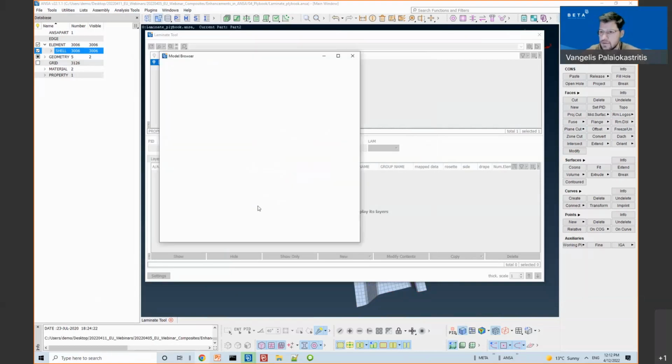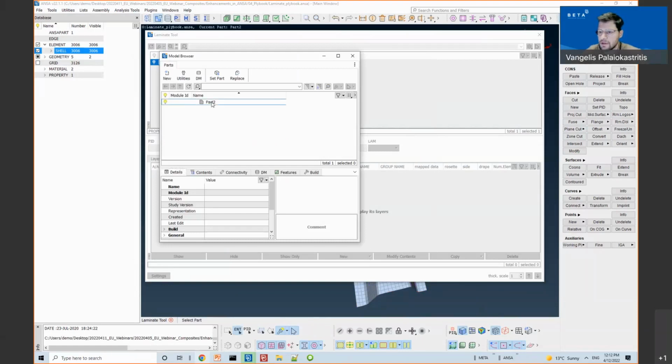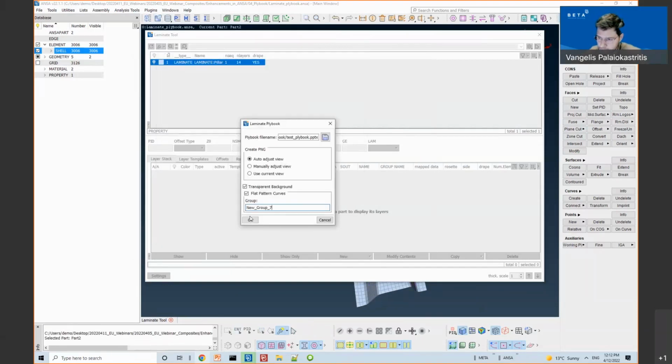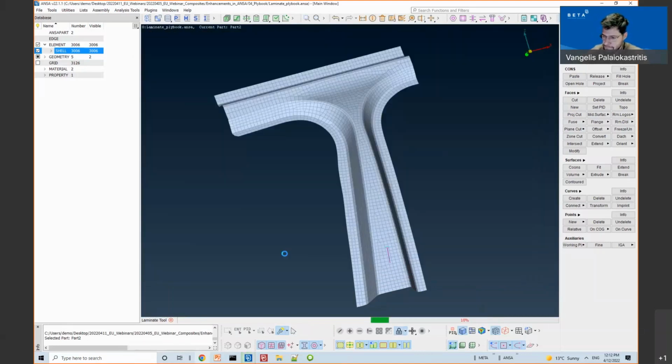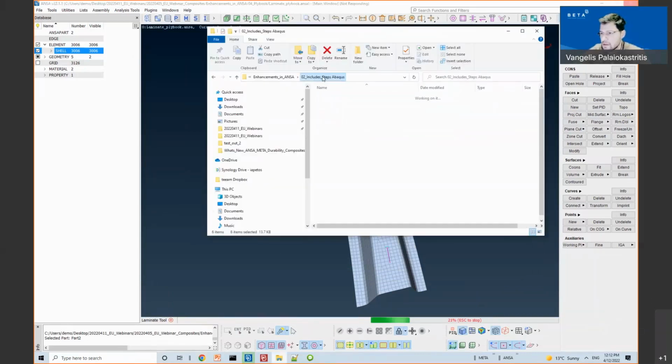I need first to add them in a group, as IGS files. So if I press OK, the PowerPoint report will be created. It will actually be the playbook. It will have the flat patterns of each layer and the attributes of the layers.